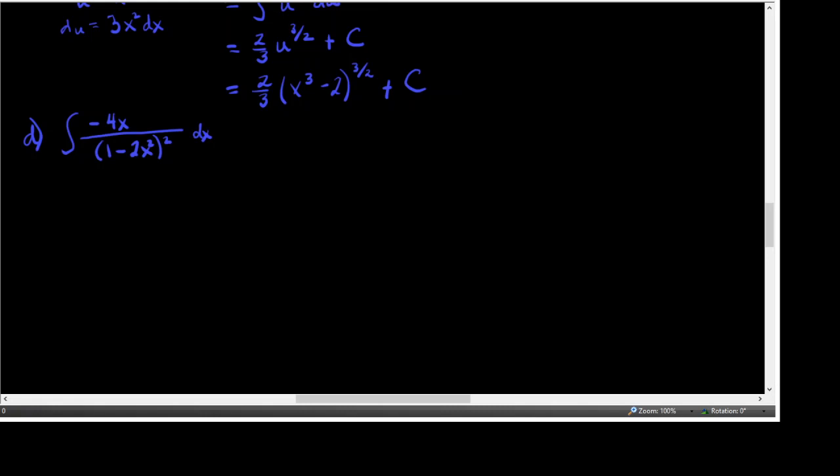This time the inside function is in the denominator, that power of our inside function is in the denominator. So the inside function is 1 minus 2x squared. The derivative of that is negative 4x. And then multiply that answer by dx. We actually happen to have exactly what we need. Not all of them will, by the way. Just saying. This is set up to be sort of nice, intentionally. And so that negative 4x dx